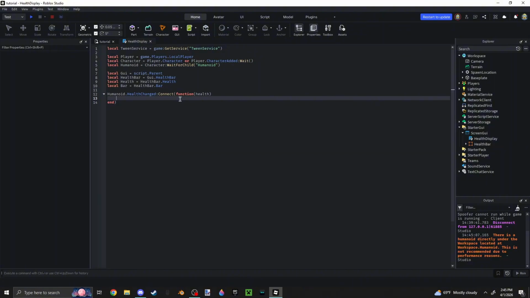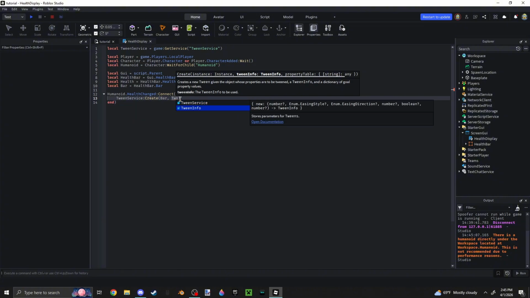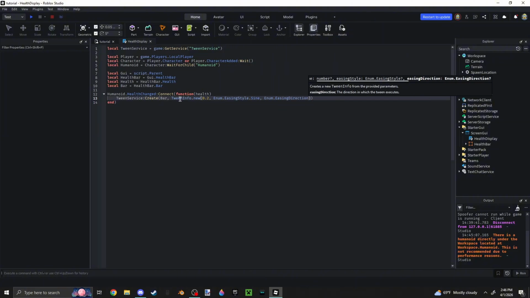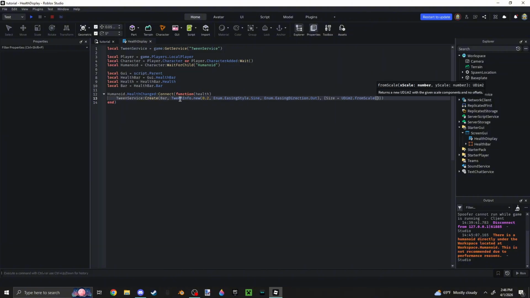And then I will tween. So TweenService:Create, and we'll say the bar, comma TweenInfo.new. I'll make this quick, so 0.2 seconds. I will do Enum.EasingStyle.Sine, then Enum.EasingDirection.Out, just to make it look nice. Then comma here, and then these little brackets. It will say the Size is equal to UDim2.fromScale, then we will say the health divided by the humanoid.MaxHealth, and then comma 1,